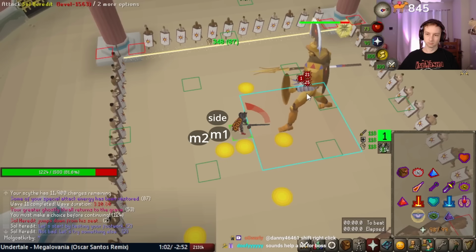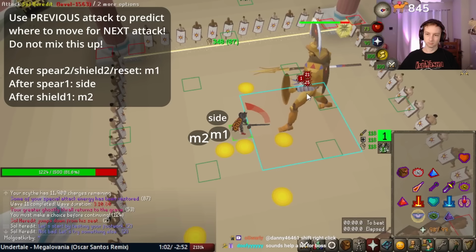Basically, here's the method. If a boss is at the start of a cycle, so the boss either reset its attack cycle, or it just did Shield 2 or Spear 2 as the previous attack, which basically put the boss in the same state as resetting its attack cycle, then you always move to M1 on the next attack. If a boss did Spear 1, then you move to the side on the next attack. If a boss did Shield 1, then you move to M2 on the next attack. By doing this pattern, you can move without needing to react to whether a boss's next move is Shield or